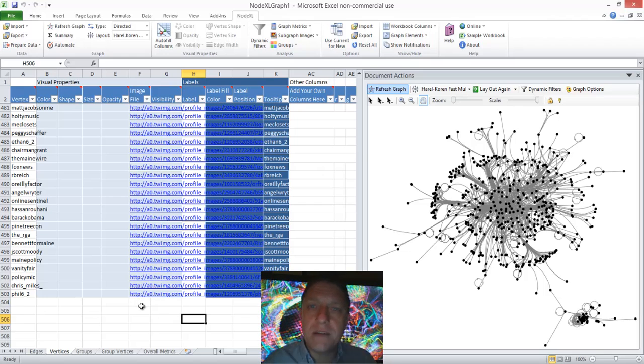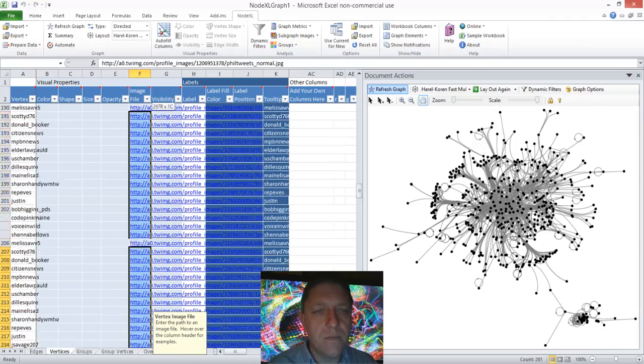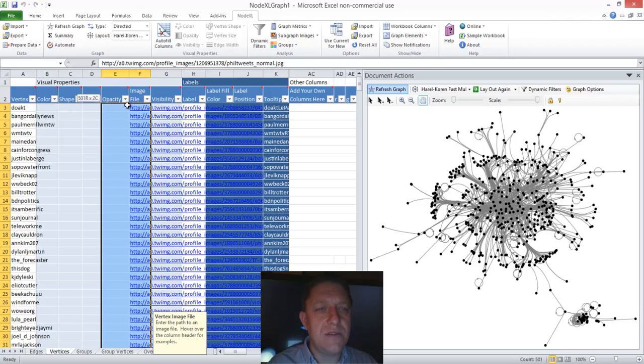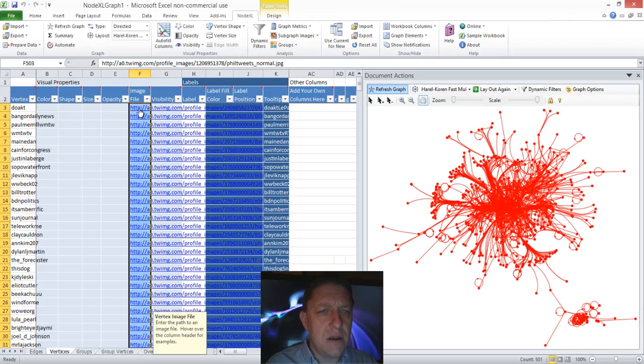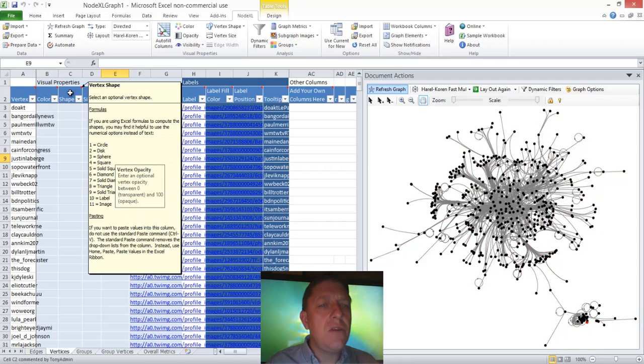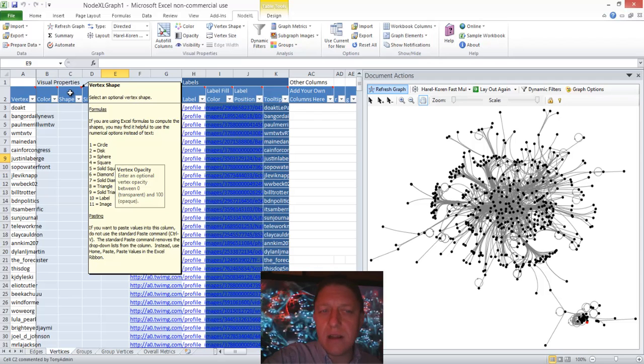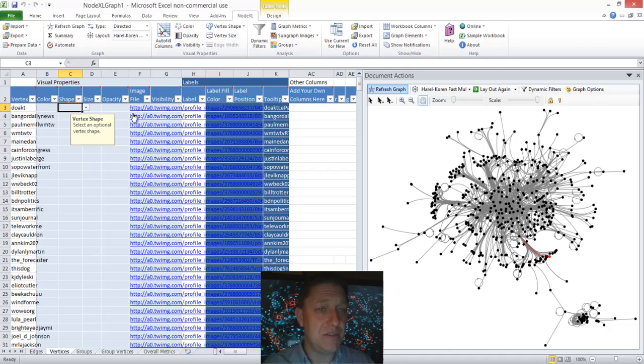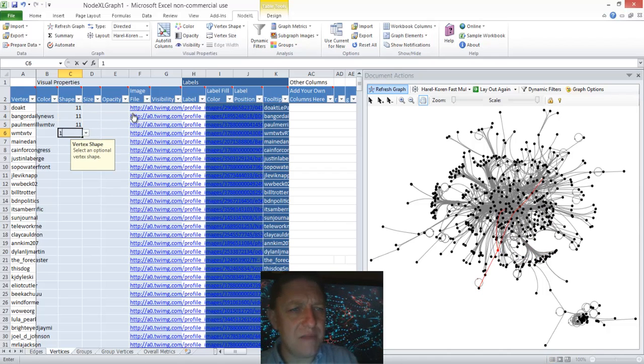I could use image files. One of the great things that NodeXL does is it takes the publicly available, all this is public information, the publicly available profile pictures of accounts. So why is that useful? I'll show you. Because you could then take as your image, you have your image file already listed, you can select a shape. And one of the options for a shape is, look at that number 11 right there. If you put in an 11, it is the image.